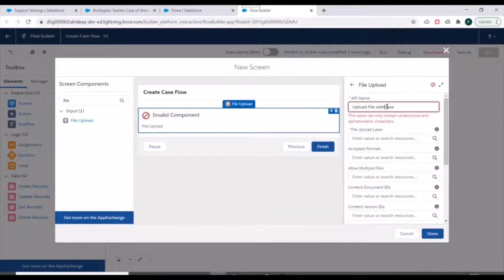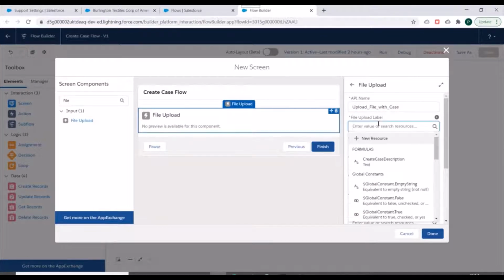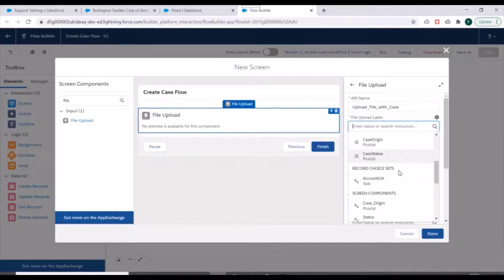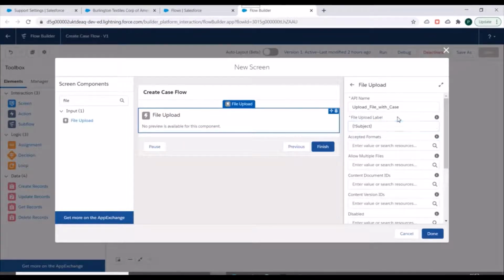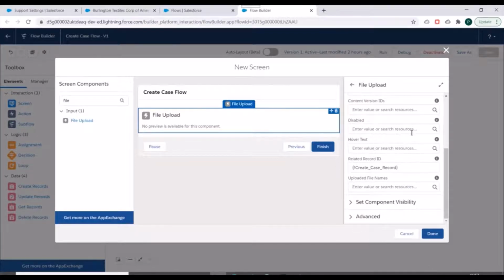We have to specify the proper API name. Then for the label, let's specify subject as a label for this file, and the rest everything we'll keep as it is.